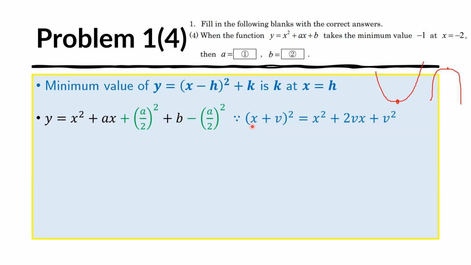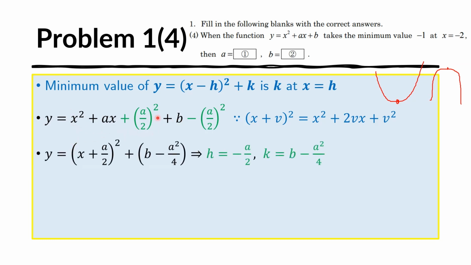And again, the squaring of a binomial looks like this. So if you have x plus v, if you want to square it, then you have x squared plus 2vx plus v squared. And so the coefficient here, 2v, is actually 1/2 the square root of the last term. So that's what we used here. And if we continue,